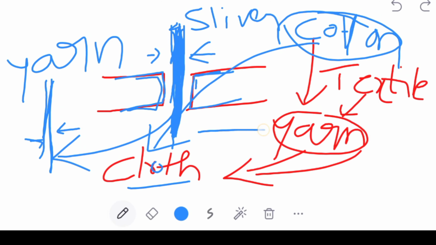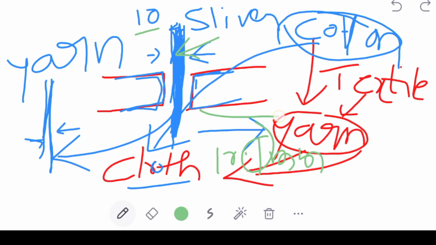If a small difference occurs in this yarn, that will be converted into an electrical signal. Suppose the yarn size is about 10 mm. If any unwanted material enters the yarn, the size may increase to 10.1 mm. That 0.1 mm is the error, the unwanted material inside the yarn. The LVDT displays the signal 10.1 mm.